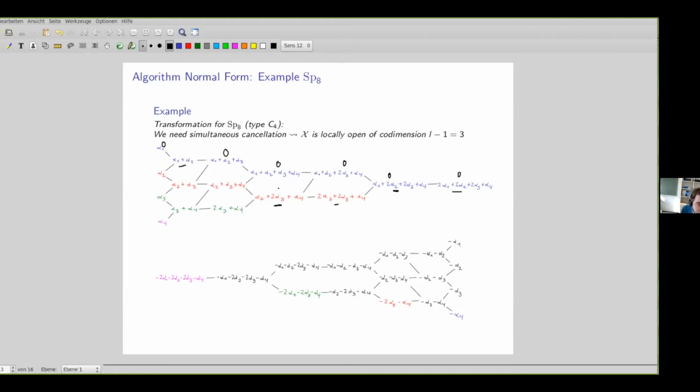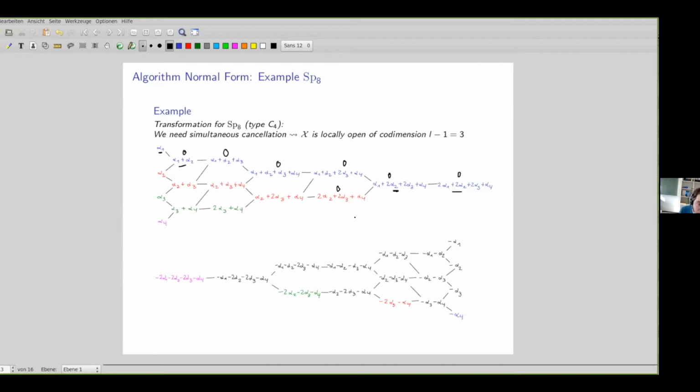And we need now, since we have here a simultaneous cancellation, so this has also to become 0. And then applying the Y group element guarantees that that becomes 0. This is different from 0. This is now different from 0. And that one becomes 0. And we can continue.